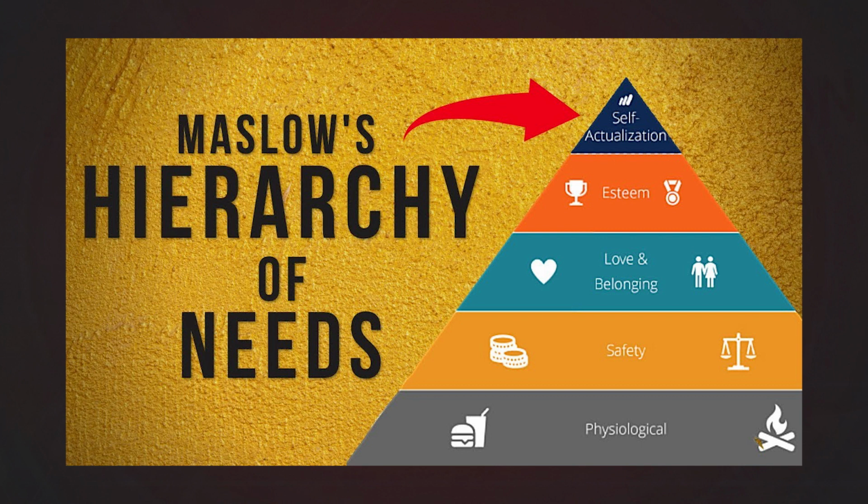Maslow's hierarchy of needs is often portrayed in the shape of a pyramid, with the largest, most fundamental needs at the bottom and the need for self-actualization at the top. In other words, the idea is that individuals' basic needs must be met before they become motivated to achieve higher level needs.